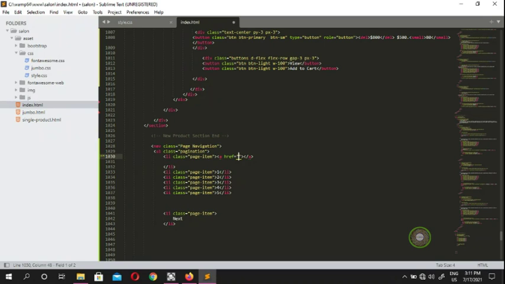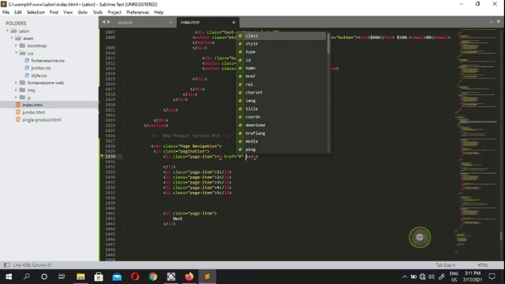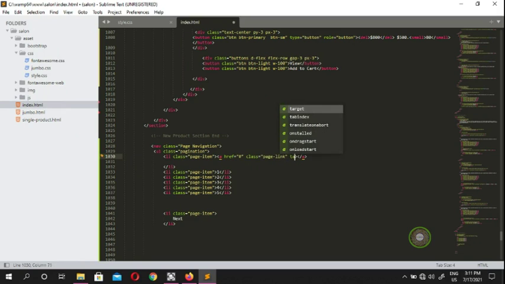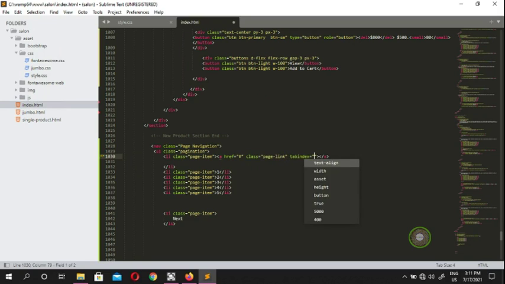Okay, so inside the anchor text we put a hash like that, and we put a class page link, and after that we put a tab index, and we put it -1, and